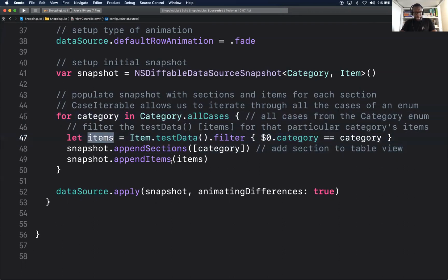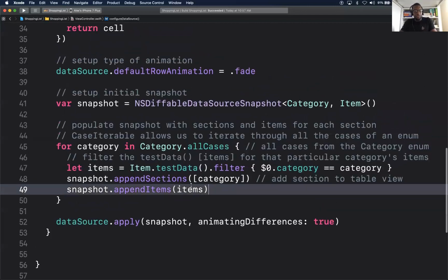When we have the items now, we say go ahead and add a new section to our table view. Again, this is hashable, so there's no way we'll have same sections appearing here. So it's unique already by default. So now this particular section, just append the items to that section.